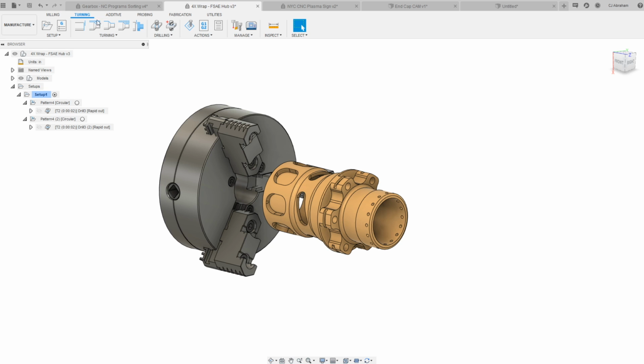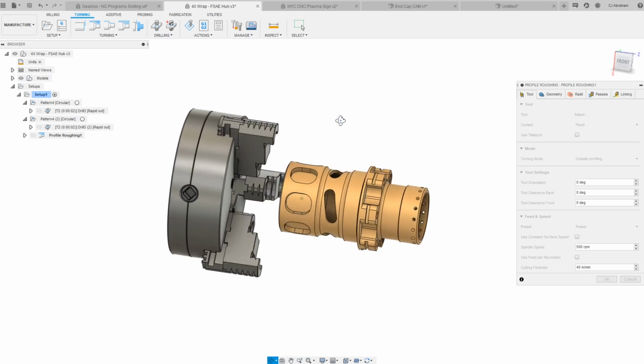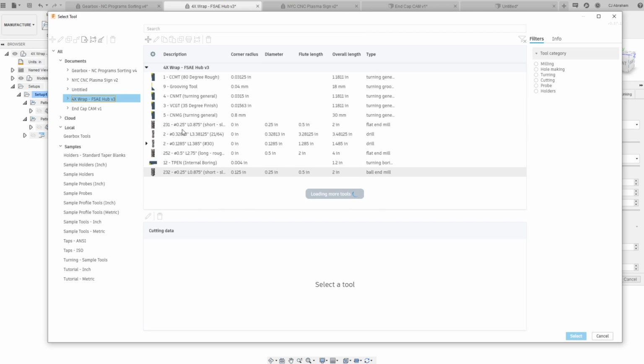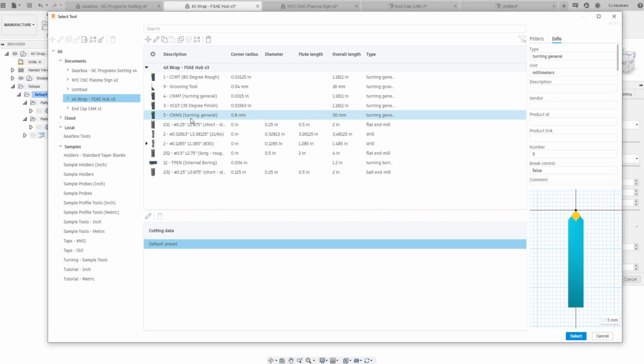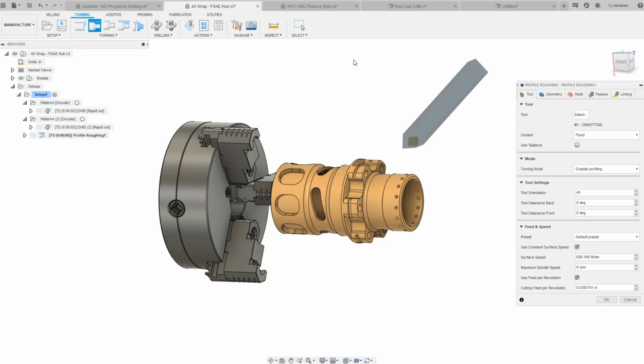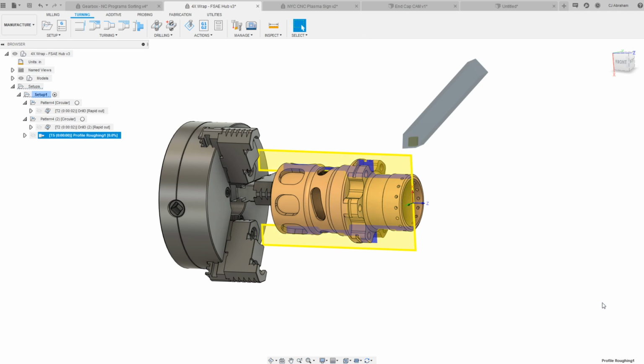So let's use profile roughing. I'll select that tool that I just made. CNMG. Okay, there it is. And now, in the tool settings on the tool tab, we have orientation. So you can change this to 45 degrees and it will tilt the tool. And as long as your post is set up to handle this transformation, it will do the calculations for you. So now, when you hit OK,